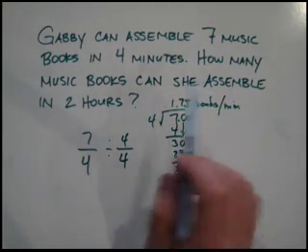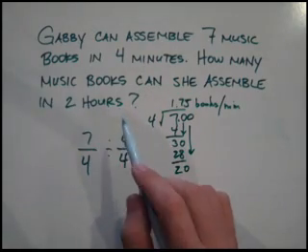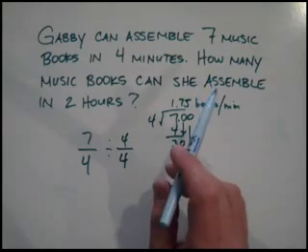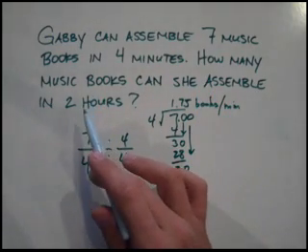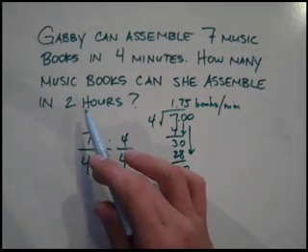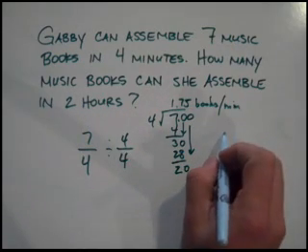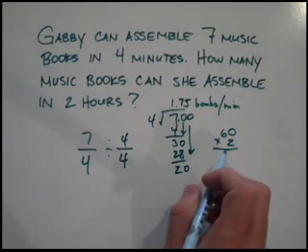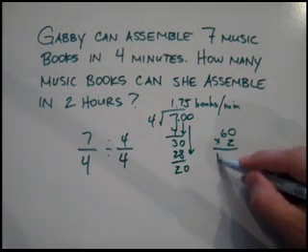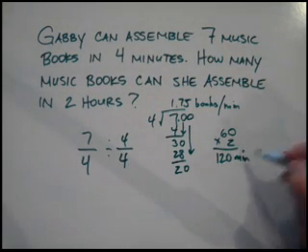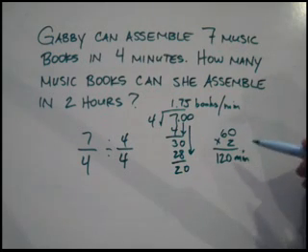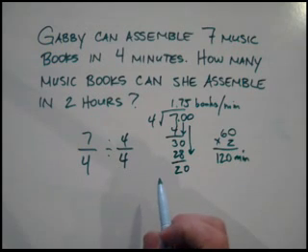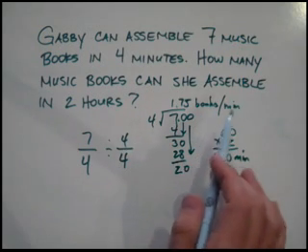But what we want to know is how many books she can assemble in 2 hours. Well, I can't just multiply 1.75 times 2 because the rate was given in minutes. So I need to know how many minutes are in 2 hours. Well, I know there are 60 minutes in 1 hour, so 60 times 2 is going to give us 120 minutes. Okay? So now I've got to multiply 120 times 1.75 to get the number of books she can